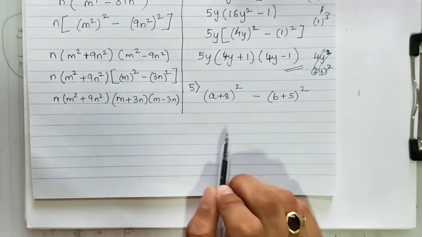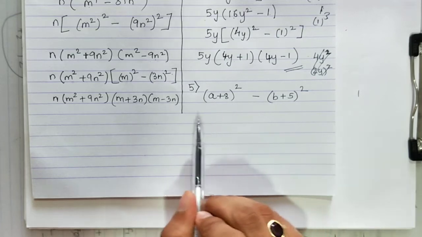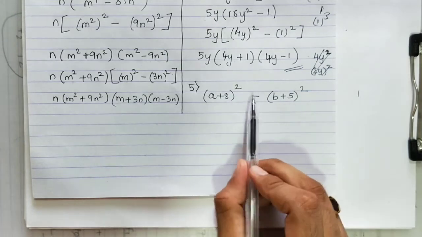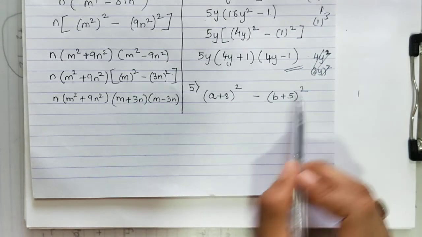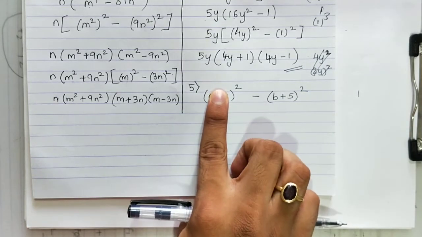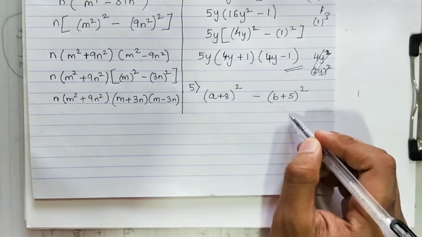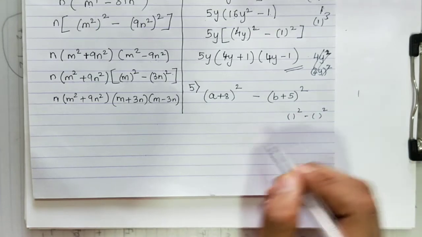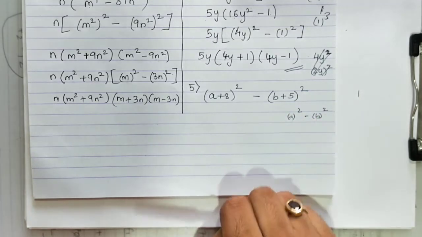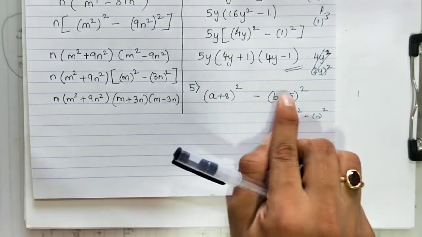Now this is an important sum because this is of a different type. The question is given in a different type, formula remains the same, everything else remains the same. So see, this is one bracket, the whole square, minus second bracket, the whole square. This a plus 8 is entirely in this first bracket, minus b plus 5 is in this second bracket. Our formula says that first bracket square minus second bracket square. If we have a square minus b square, we add both the brackets and subtract both the brackets.